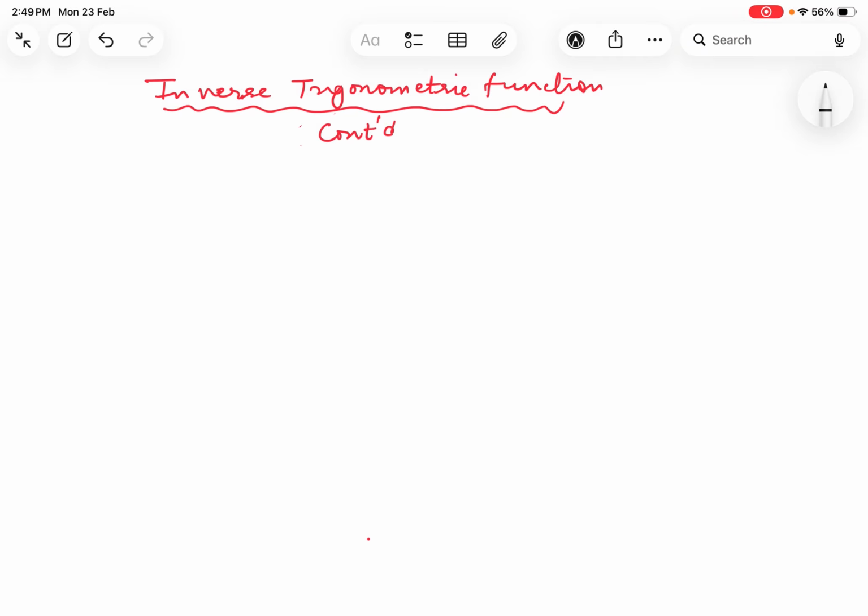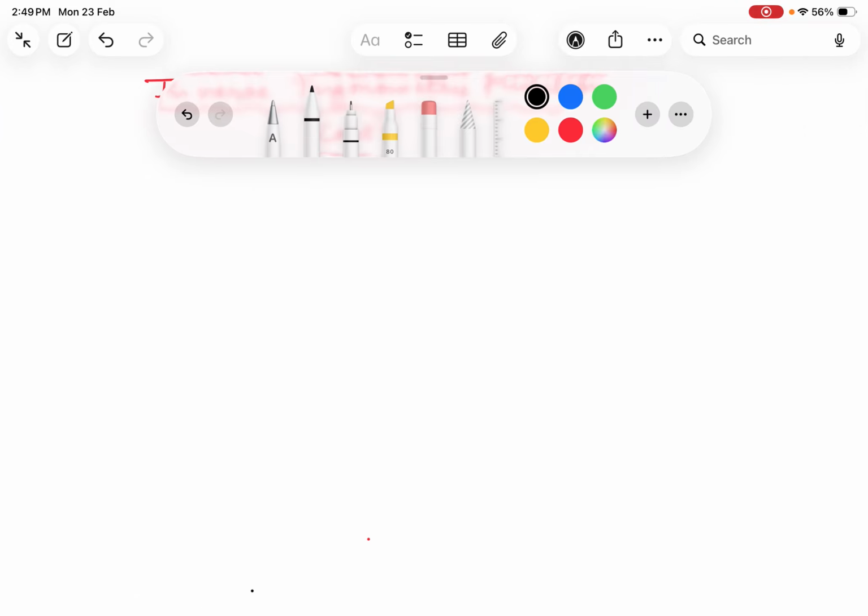In the previous video, we had given the introduction to inverse trigonometric functions. There are some very important results and properties related with inverse trigonometric functions. Let us discuss those important properties and then we will write and discuss some important questions of this chapter. Now, the first result of this chapter is